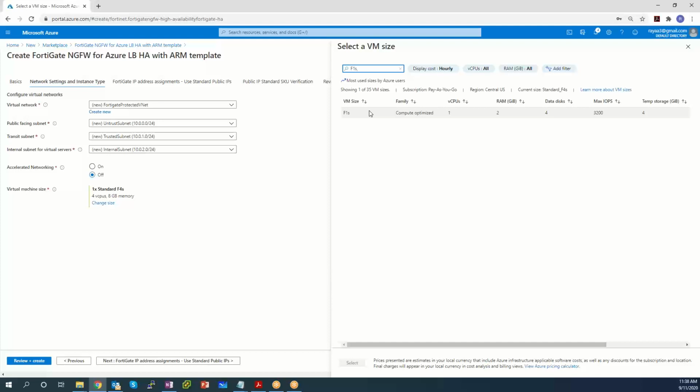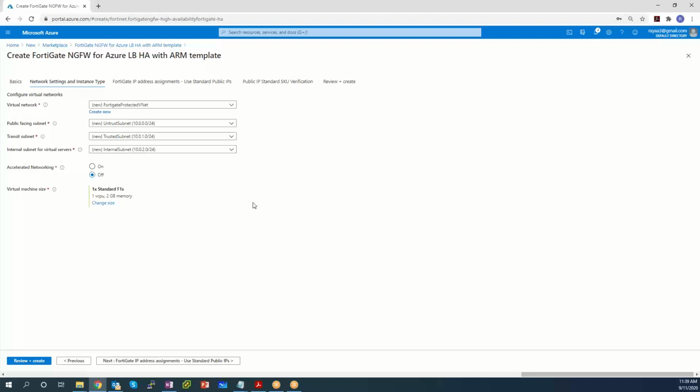And generally speaking, if you need more than 2 NICs, the number of CPUs has to be equal to the number of NICs. So generally speaking, if I needed a 4 NIC VM, I need a 4 CPU VM. That's why I had to choose the F4S before, or I'm not sure if it was the S, it was probably just the F4. I'm going to use the F1S. I only need 2 NICs here. I'll have a NIC in the public subnet and the transit subnet. Those are the only 2 NICs I'll have. All right, accelerated networking turned off, correct size of the VMs. Next,